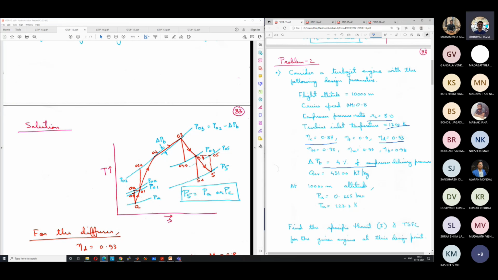You can also find the value of F in the fuel air ratio. Correct. We will have to find the value of F. Why do we need to find the value of F? Otherwise, the mass flow rate will not be accurate in the turbine and nozzle, right? So we have to account for the mass flow rate of fuel. Correct.